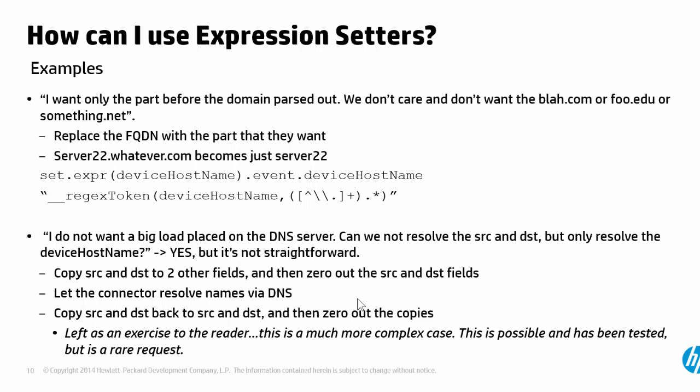Sorry, as the getter. And then what we want to set it as is going to be a regex token, and you'll know from the FlexConnector development guide that your first parameter into regex token is the source piece of information, which in our case is device hostname server22.whatever.com, and then we've got a little piece of regex in there that basically is saying while not a full stop,